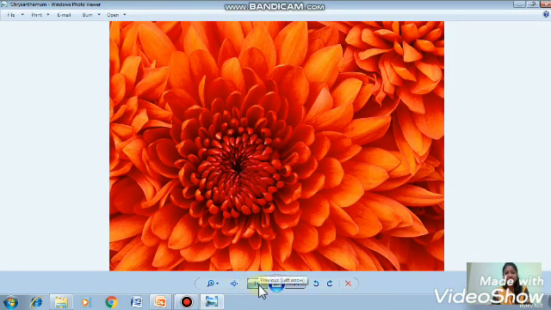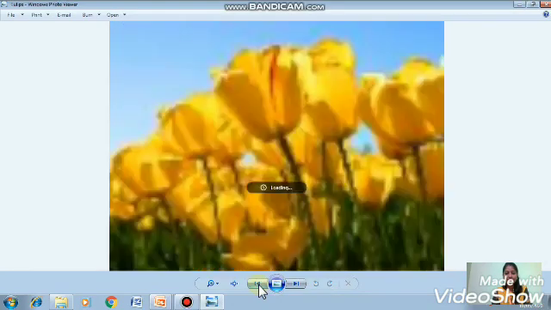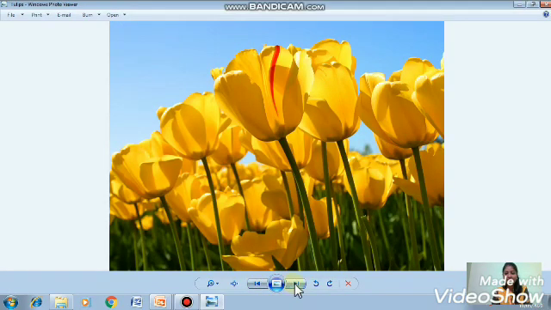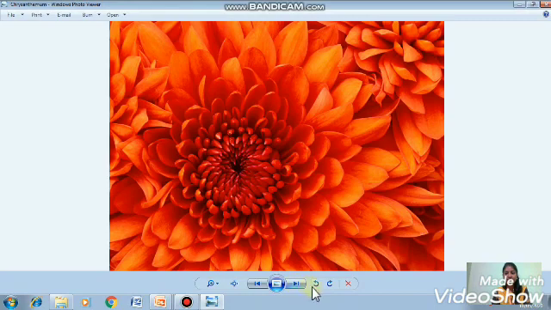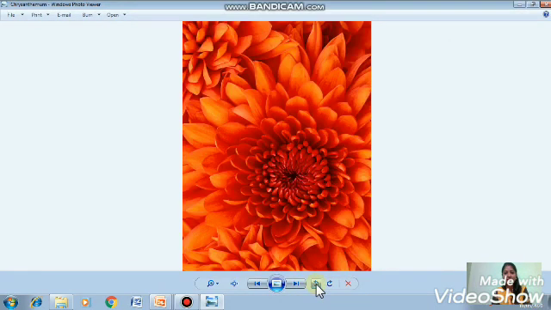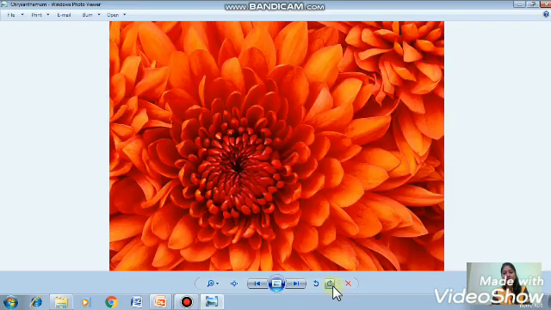Then this gives you the previous image and this gives you the next image. This is used to rotate the picture anti-clockwise, and this will help you to rotate the picture clockwise, right? And this will help you to delete the selected image.